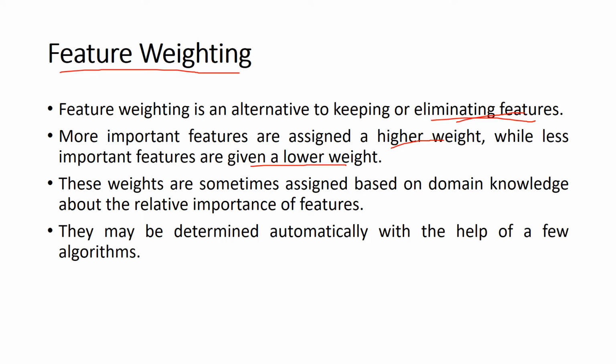The weight for the features depends on the domain knowledge. So domain knowledge is going to be very important. People with domain knowledge are going to be helpful in providing weights. So how are weights going to be given? For example, let us say we are trying to assess the performance of students. When we are trying to assess the performance of students, we are going to give higher weights only to those attributes which contribute to their performance.